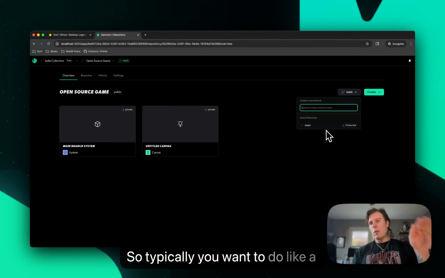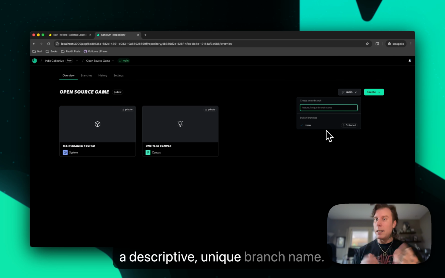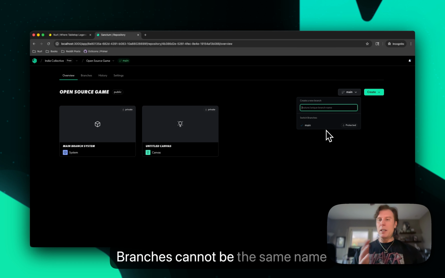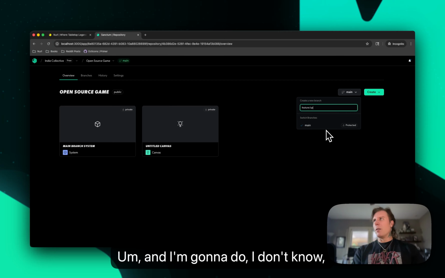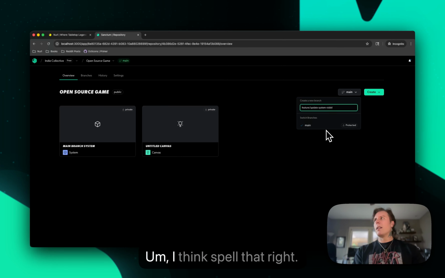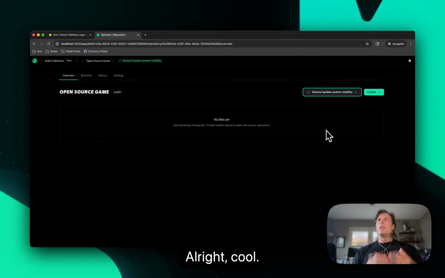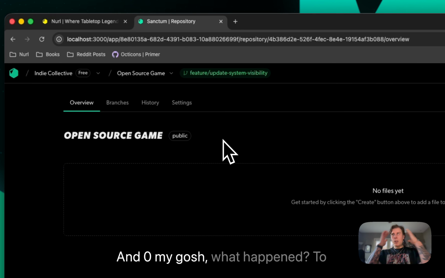Typically you want to do a scope on what the thing is about, and then a descriptive, unique branch name. Branches cannot have the same name by nature. So I'm going to do feature, and then, I don't know, update system visibility. I think I spelled that right. All right, cool. Notice that I've immediately switched into it. I'm in that branch. You notice our global indicator changed. And oh my gosh, what happened